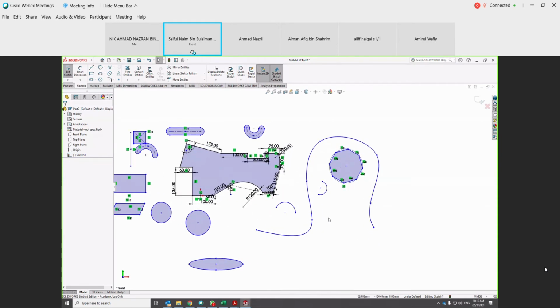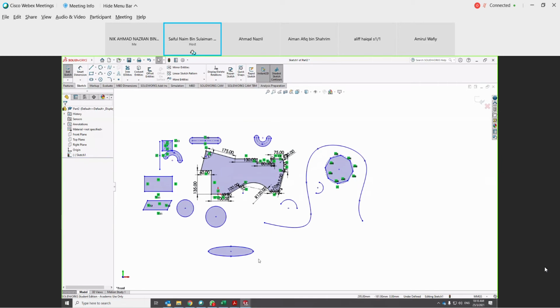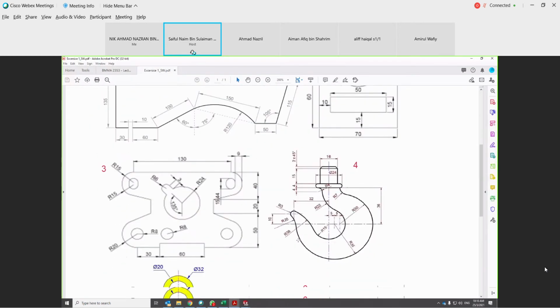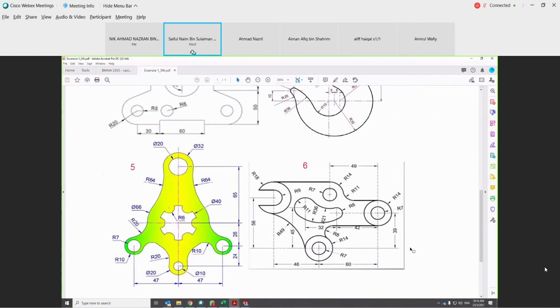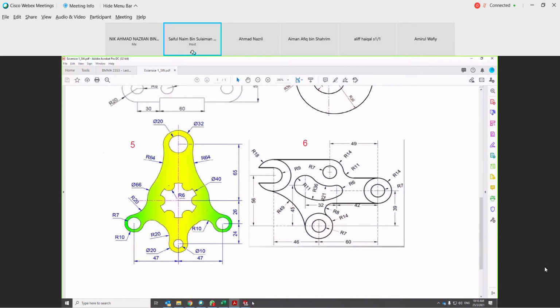Okay, next I want to do the last exercise, which is part number 6. Okay, dalam part ni kita ada combination of circle and lines, as well as arc. Okay, so